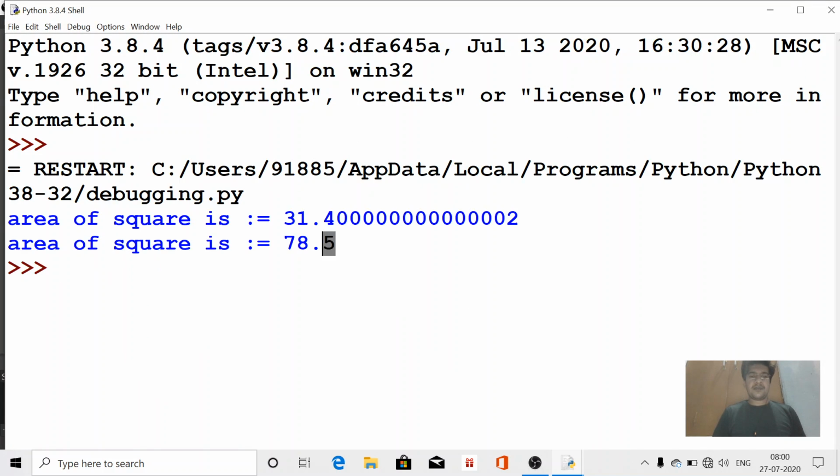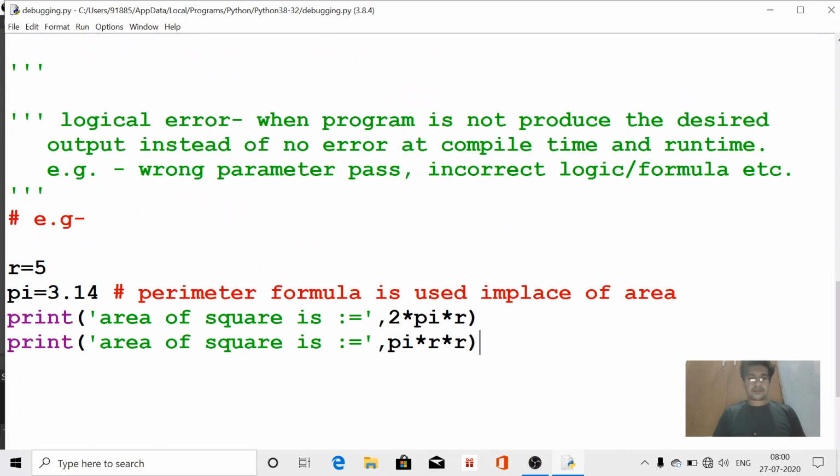This is your area and this is your perimeter. So this is the correct result. This formula is not to be used, this formula should be used here.